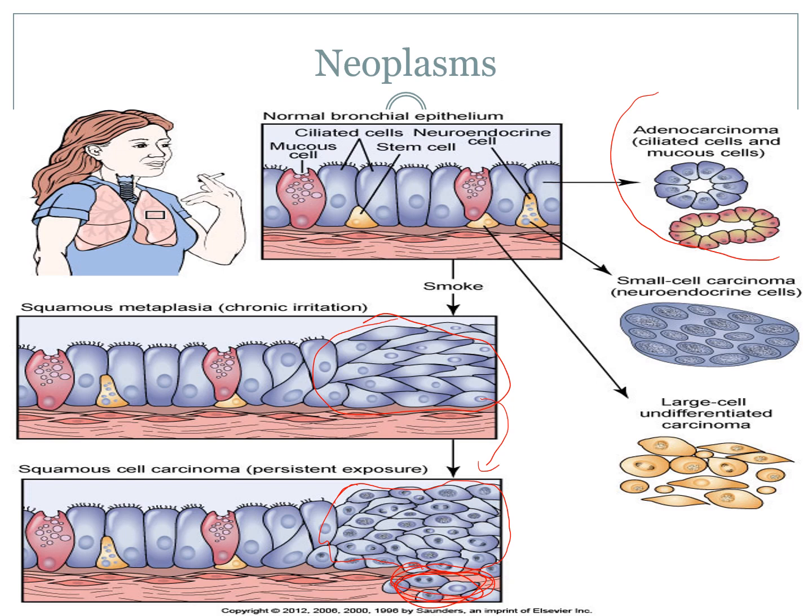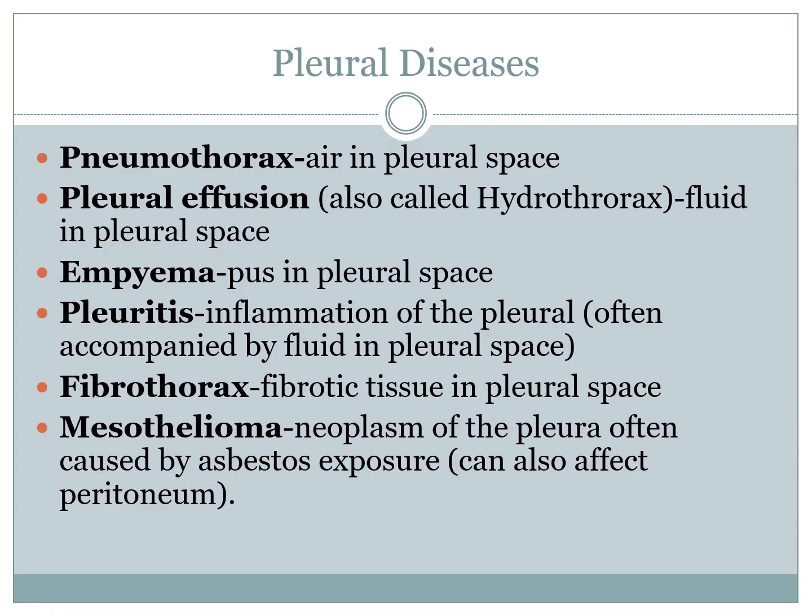Okay, moving on, we'll just look at some pleural diseases. So we've already looked at our pneumothorax, that's the air in the space. Now hydrothorax we already talked about, that's your pleural effusion. That's where fluid will actually pull out of the lungs and then sit within the pleural space. Okay, it's obviously often needed to be drained out of there. Now empyema we've spoken about, that's chronic infection where pus will actually pool in the base of the pleural space